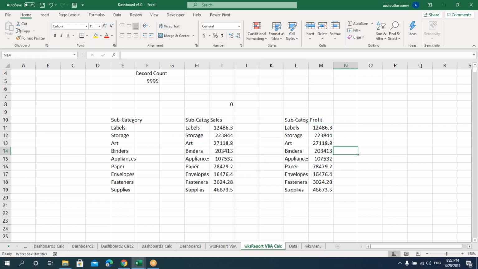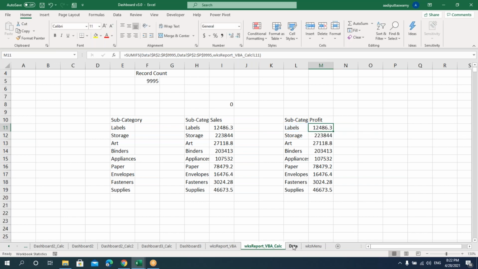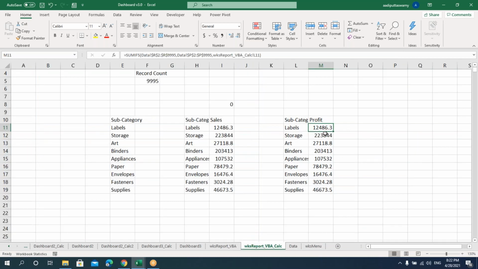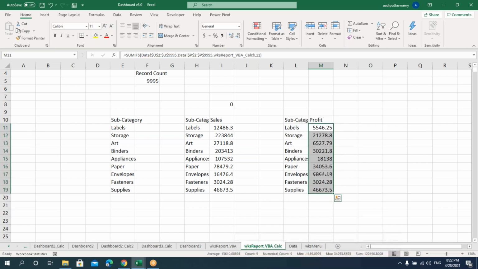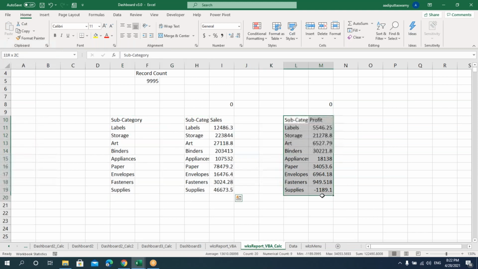When I say profit, the column whatever we have used here, the sum range, that we have to change. Let me go here. We have the sum range here, that is column U. Double click, instead of R I'll say U. Here also I'll say U, enter. Now this is the profit for the subcategories we have. Let's select this also and I'll paste it here. So we got the layouts here, one is for sales, the other one is for profit.